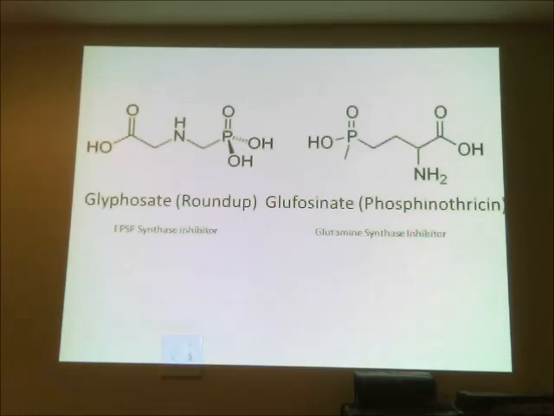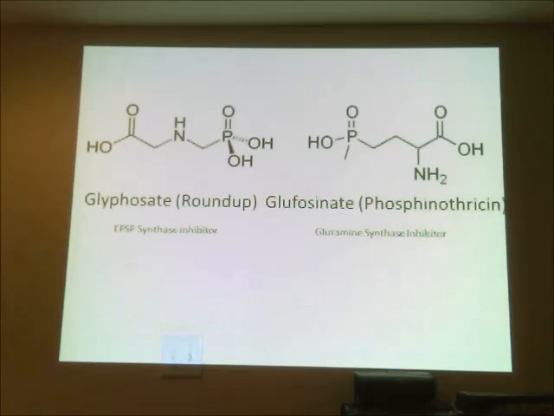They were trying to develop specific seeds. In this case, corn seeds were the first one. And now we know that there are other so-called Roundup Ready crops that have been developed, but things that were resistant to Roundup, whereas the other weeds would not have that resistance, and the weeds would be killed by this material. So this particular one is a 5-enol pyruvyl shikimate 3-phosphate synthase inhibitor, an EPSP synthase inhibitor, and that inhibits the production of tyrosine, phenylalanine, and tryptophan, the aromatic amino acids.